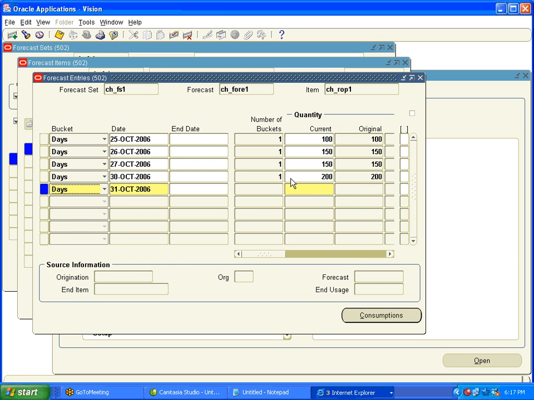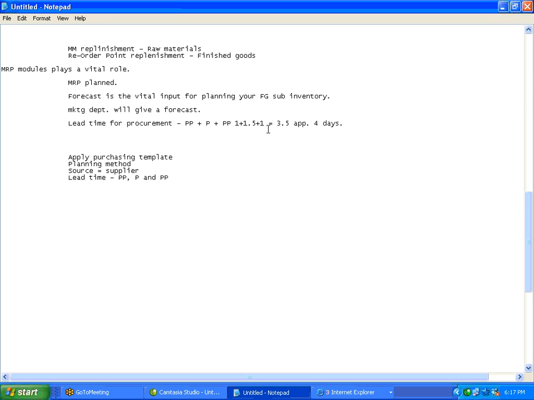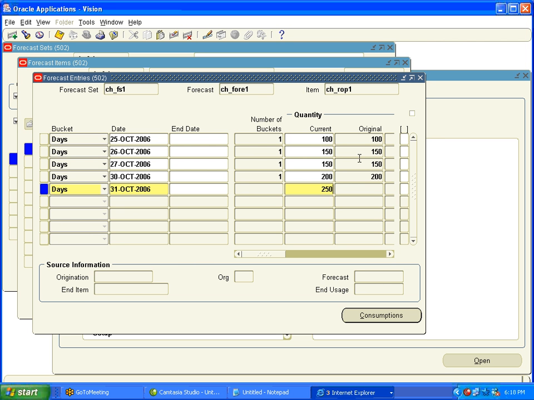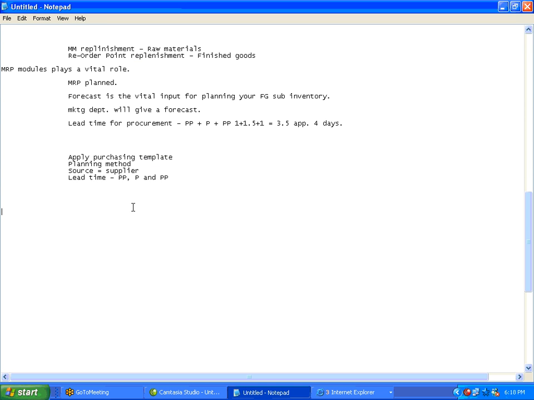So I have 4 days, and then I will now have a forecast for 5 days. Okay. So as per our inventory, to procure this item, we need 1 plus 1.5 plus 1. If you see this place, we need 3.5 days approximately. It is approximated to the round figures. So this item will take 4 days to procure. During which time the system will calculate what will be the consumption pattern. So the consumption pattern is 100 plus 150 plus 150 plus 200. So this will be the consumption pattern during the reorder point planning. So once when ROP is fired,